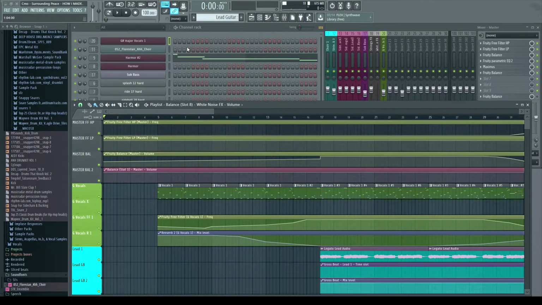As always, we're going to be covering this in 3 different parts. We're going to be covering the arrangement, elements, and goals, sound design, and then we're going to cover an aspect of mixing and mastering that's going to help you out in relation to this song right here. Let's go ahead and get started with the first part right now.